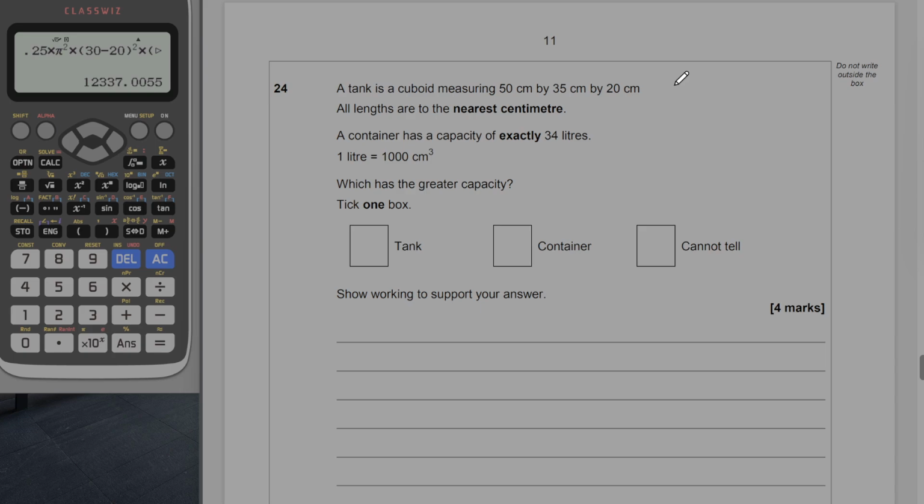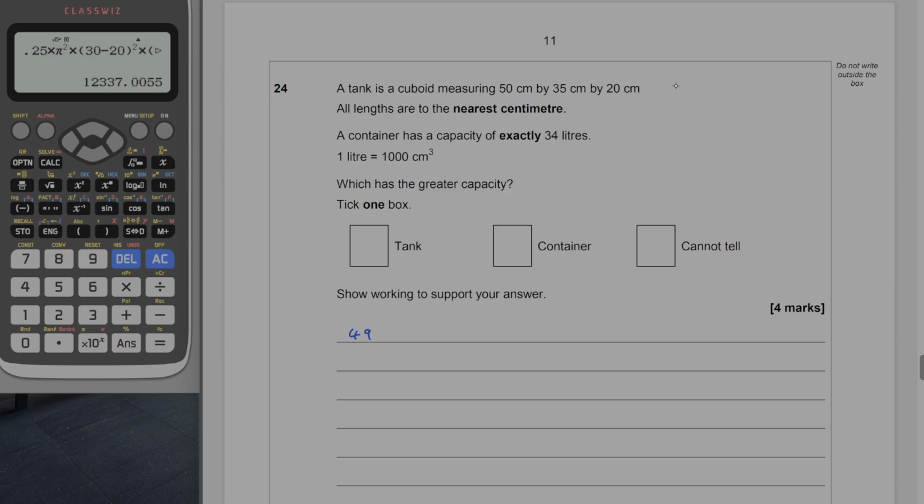Okay, so we need to work out the volume of the tank. So the way I'm going to do that is 50 times 35 to the nearest centimetre. Okay, interesting. Realistically, what I actually need to do is the minimum and the maximum volume of the tank, and then compare that to 34 litres. So to do that, if it's been measured 50 to the nearest centimetre, the smallest that